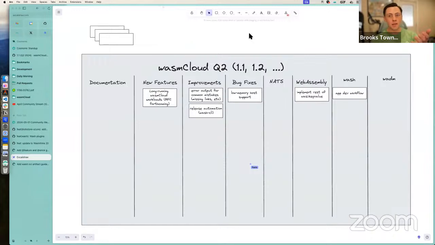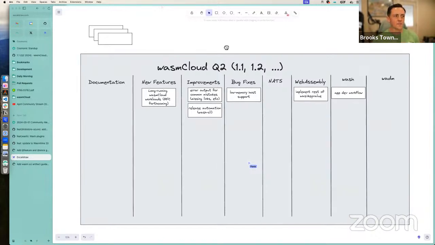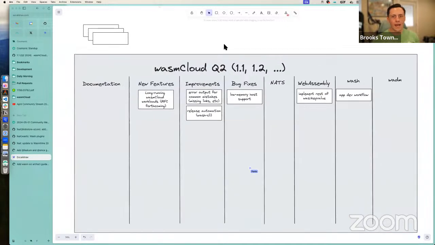So we might be on 1.1 or 1.2 by the end of Q2. We will not be on 2.0, but we might be releasing multiple new features as different minor releases, which would be great. So what I have done is preceded this roadmap with issues that we already have on